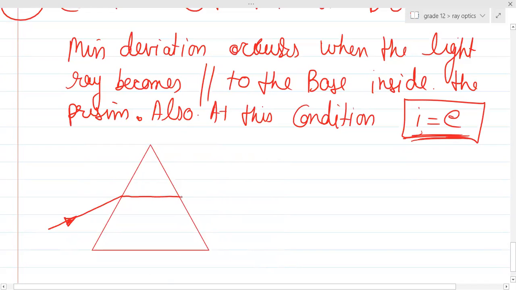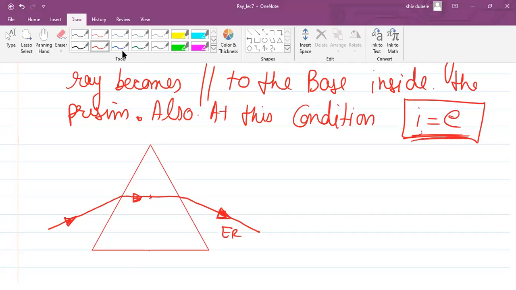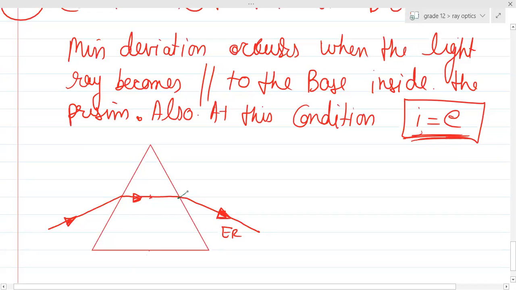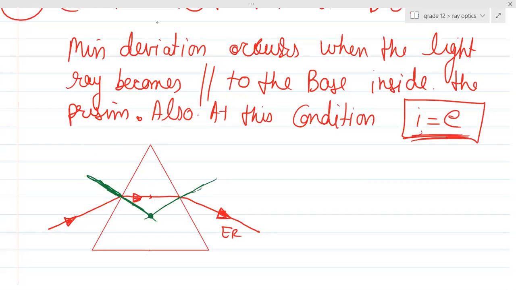It's like this. Can you see this light ray which is there inside the prism? This light ray is parallel to the base. When this happens, guys, always remember